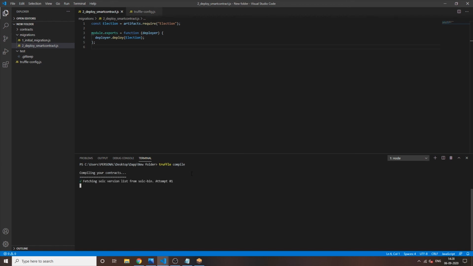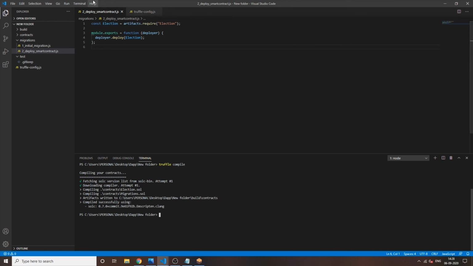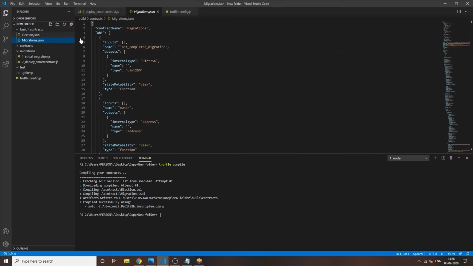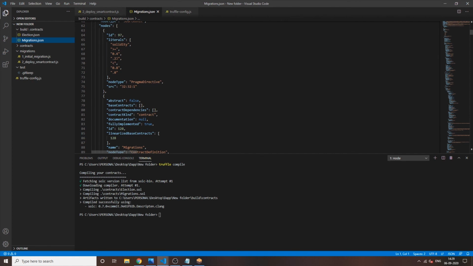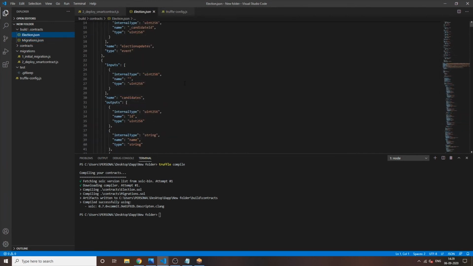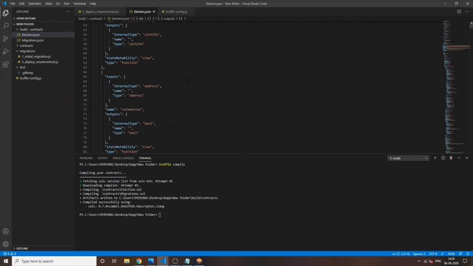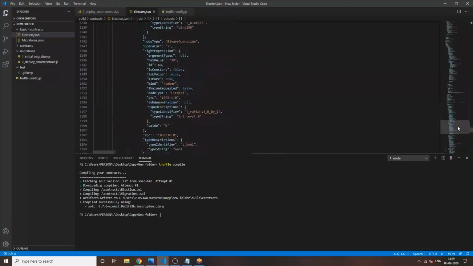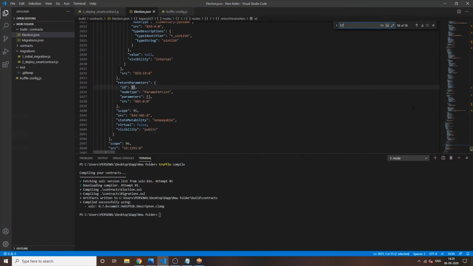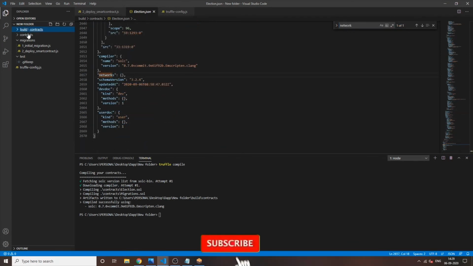It will compile the smart contracts. First it will download the Solidity version. What truffle compile does is create a build file for these smart contracts. You can see that it has created a build folder. So what is this JSON file? In simple words, it is the encoded form of the smart contracts, used to interact with the smart contract. We can also explore a little bit. Election.json contains all the functions of the smart contract and also contains the networks it is deployed on.